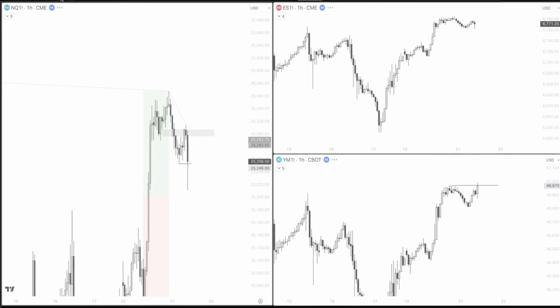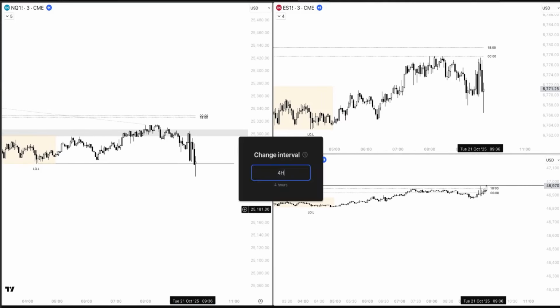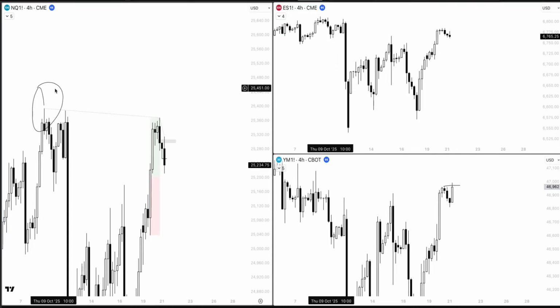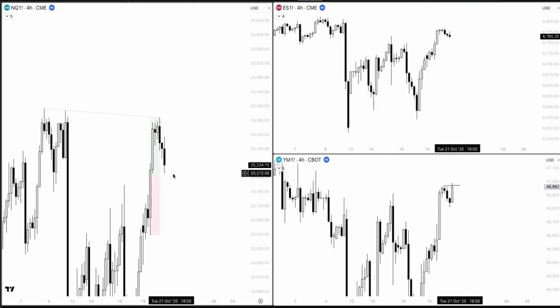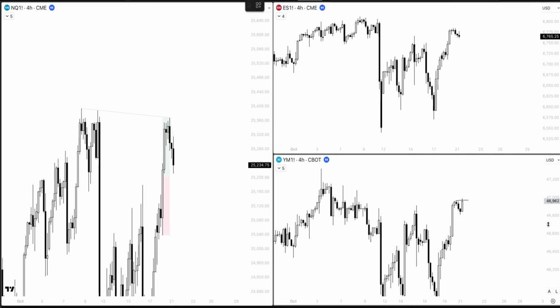So coming here, you see, we trade for 2R. Now I'm going to cover the logic on YM longs from this point, right? A lot of people tried to take NQ longs today, and I'm going to cover why YM longs is really the only option